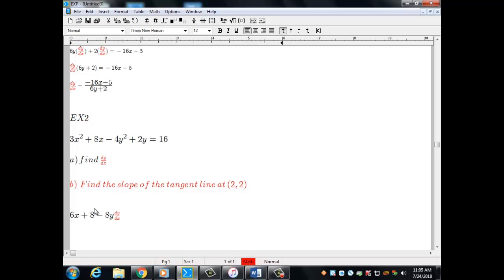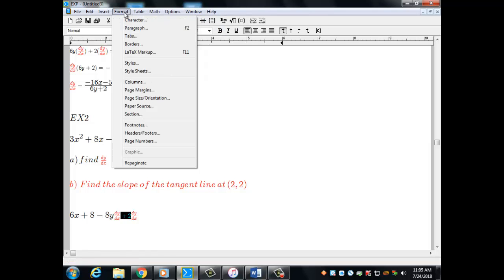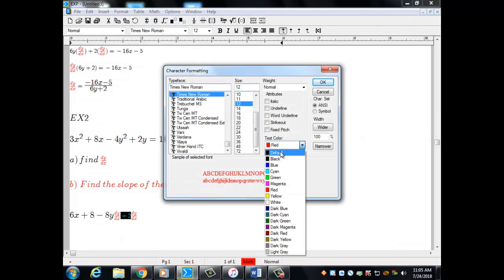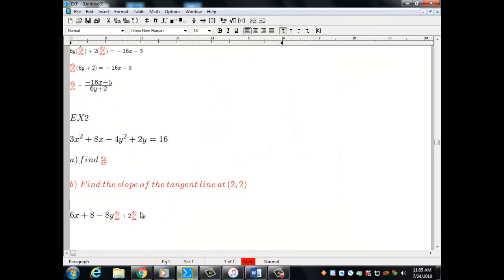And then that's where the dy dx will come from. Plus 2 dy dx equals